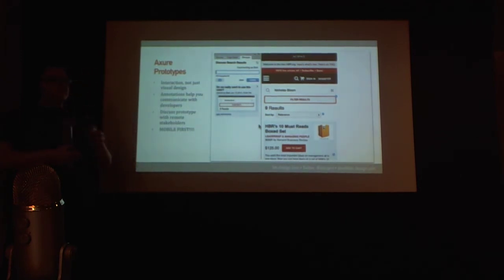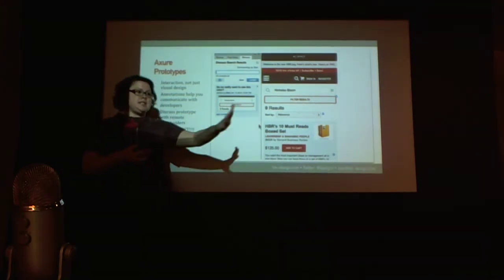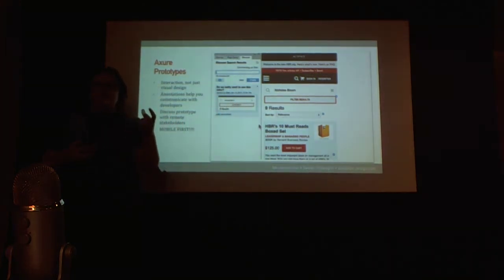How do you avoid falling into the trap of being a perfectionist on Axure, drawing the line where this is the prototype, the final product is going to look a little bit different? That is actually a challenge I'm still working with. One of the things you have to bear in mind, and this is part of the organizational change aspect, is that when you go from PSDs to here, it's a big shift, and it's a great shift for the tech teams. The tech teams love this. The stakeholders are very...